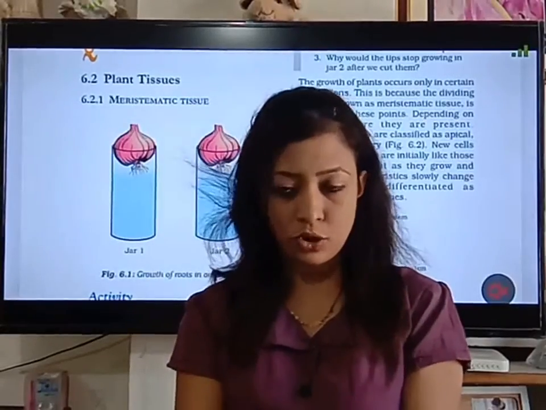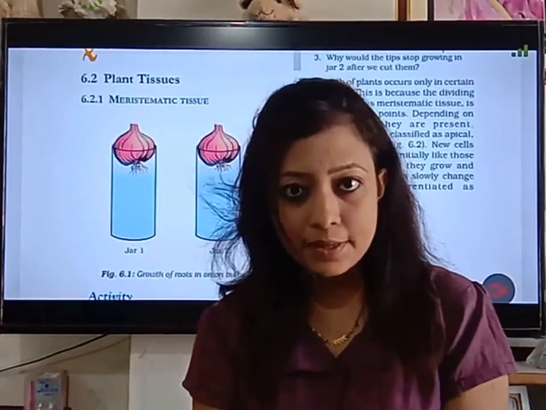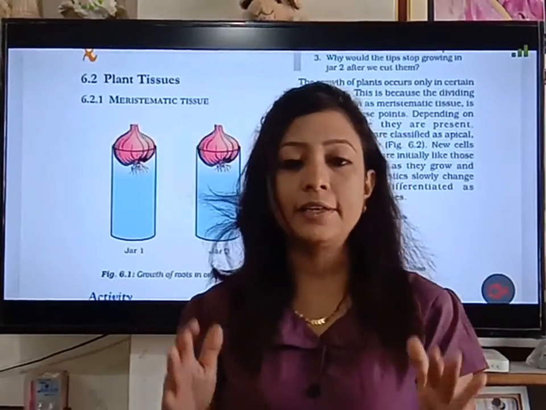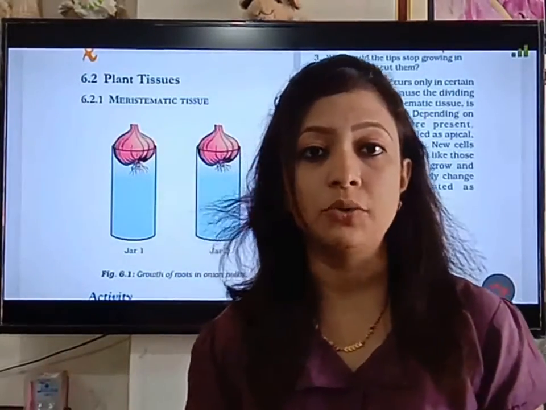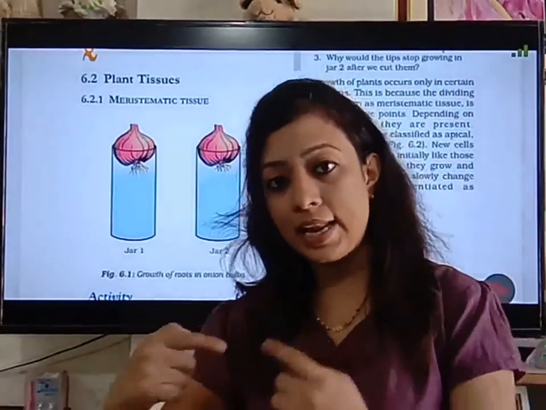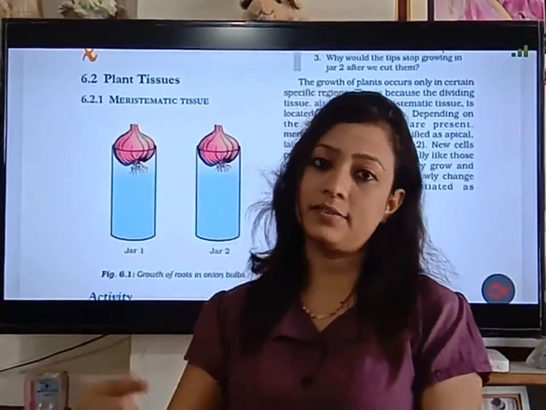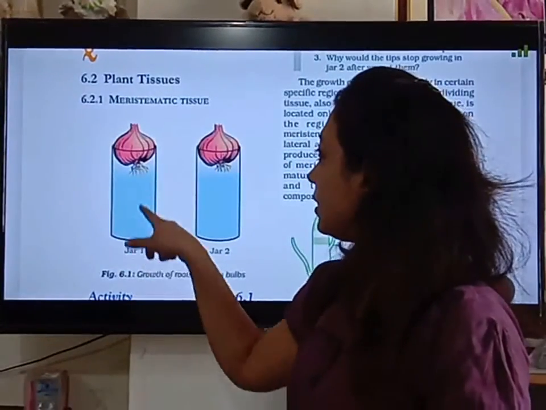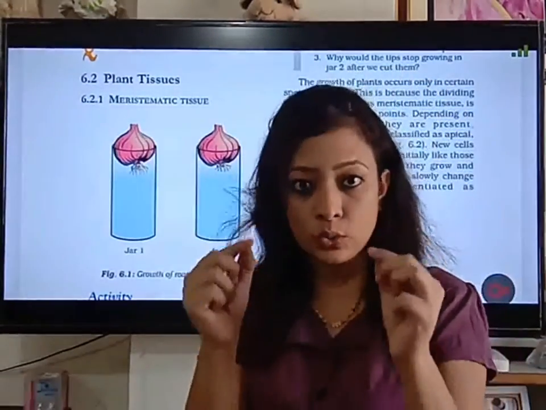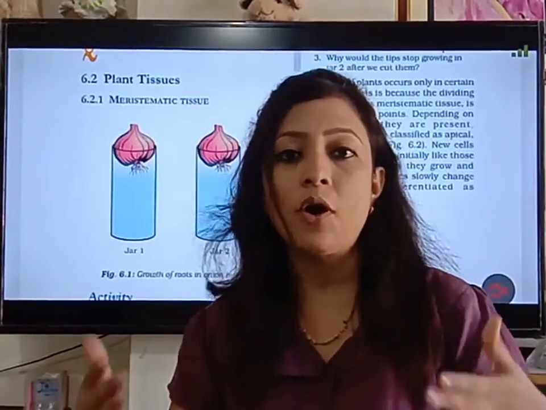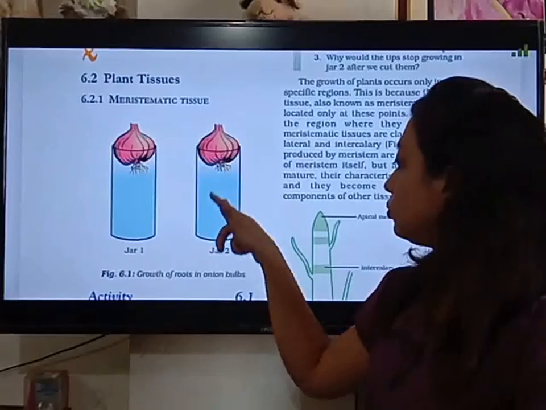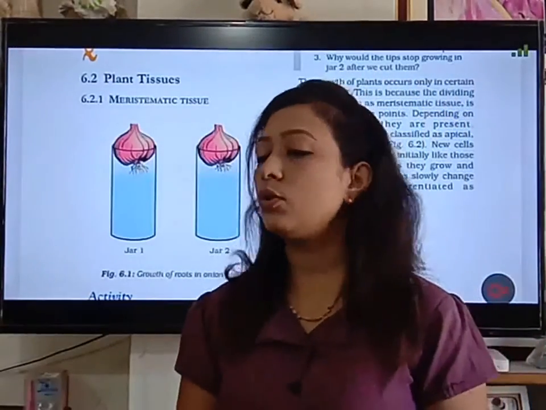As the tips are there, it means the meristematic tissues are there, and hence the meristematic tissues are continuously growing tissues, and they help in increasing the length of root as well as shoot in the plant body. So as the onion from jar 1 has the root tips, this root will keep on growing and growing. But as we have cut the tips from the roots of the onion from jar 2, that root will